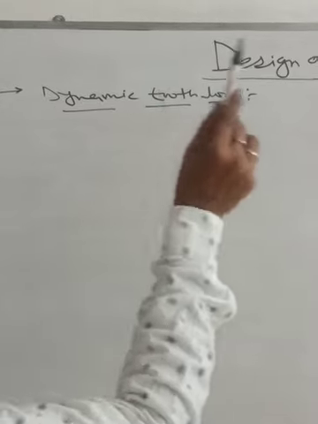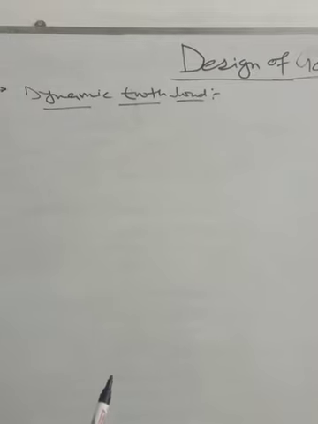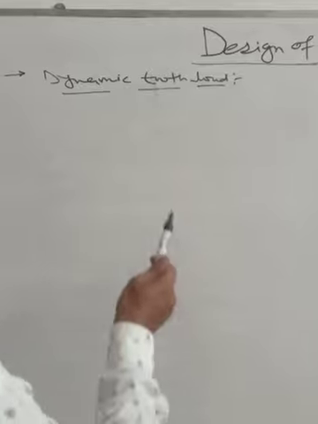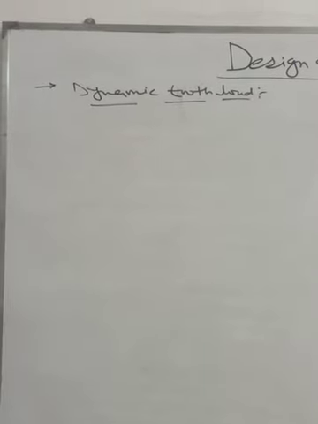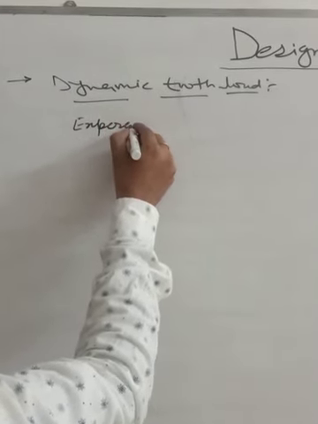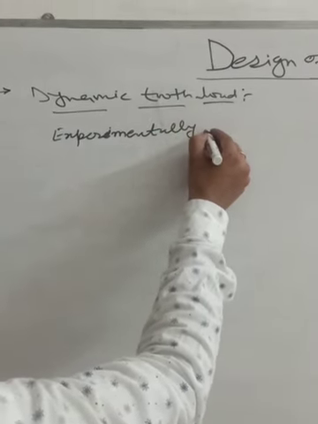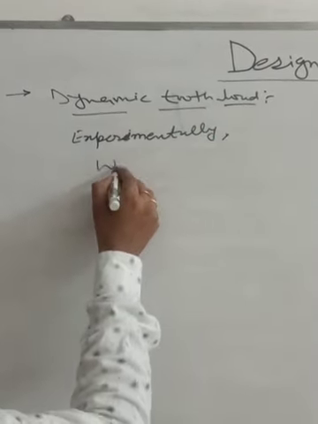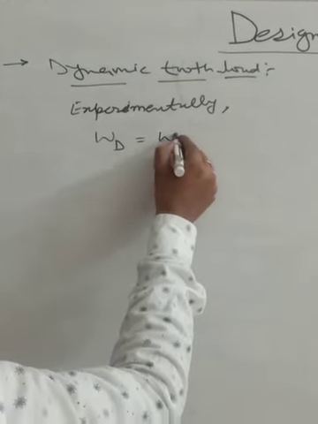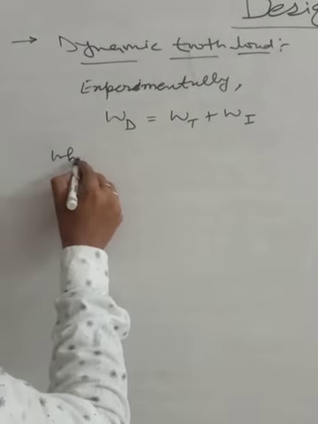Theoretically, we have considered this dynamic situation in our Lewis equation, in which we are using the Cv, velocity factor, which includes the dynamic conditions theoretically. But if we are finding it experimentally, or by various tests, then experimentally we can design this dynamic tooth load,